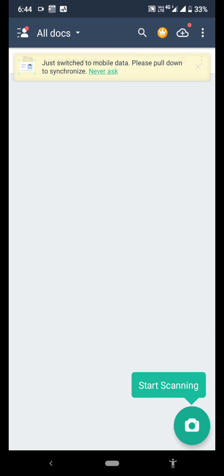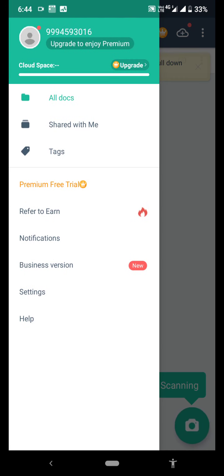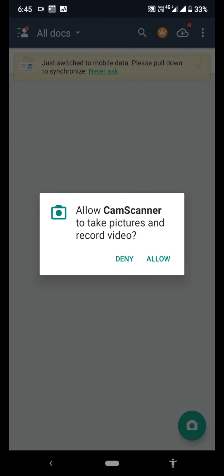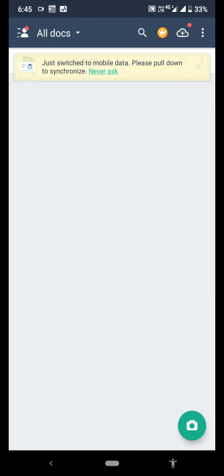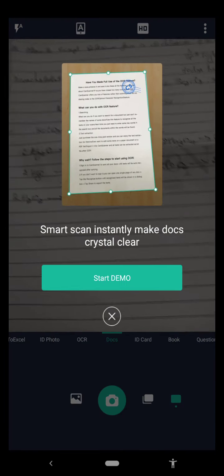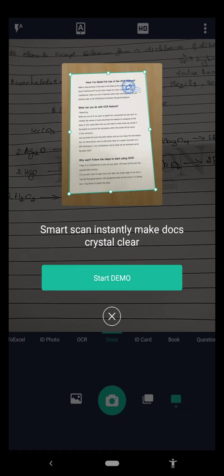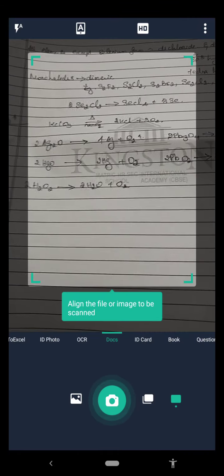Once you enter your mobile phone number and password, you will reach this screen. All your documents will be shown here, along with the start scan option. It will ask you to allow the scanner or camera, and whether you need a demo or not. We will straight away scan it.